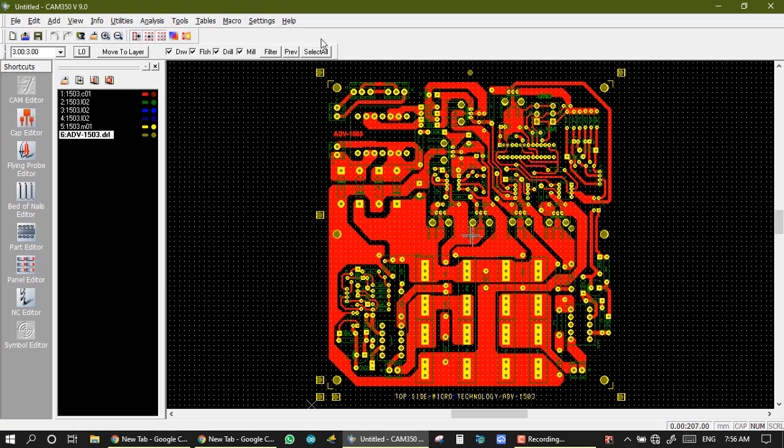If I press on select, then all Gerber is selected, and if I press on preview, then it is the selected area. And filter is for some specific decode or a specific draw line. So here we use preview. I click on preview and after this I select the area which I want to move.